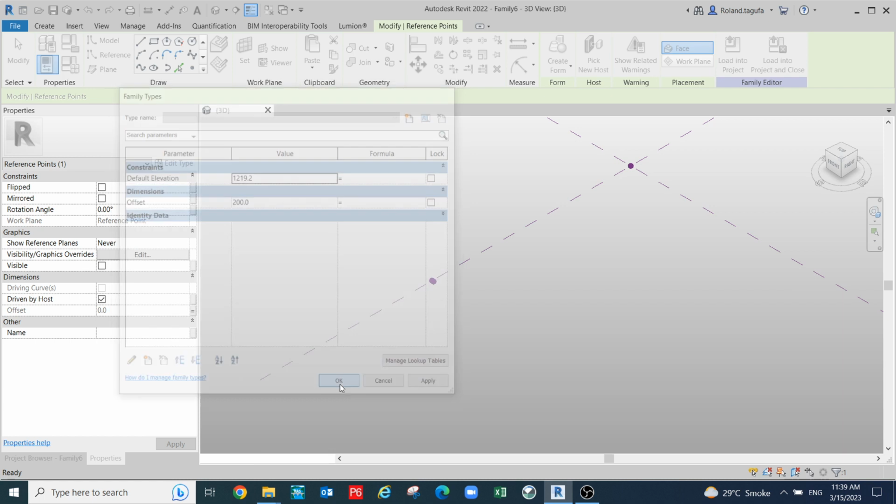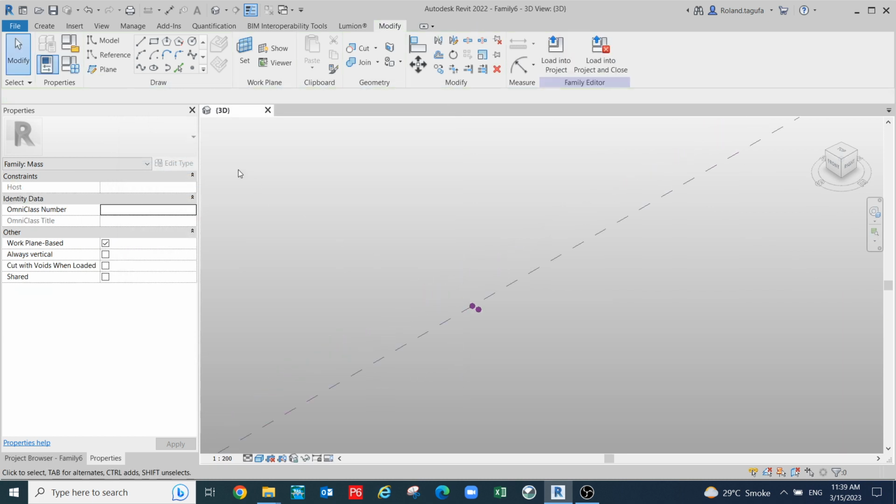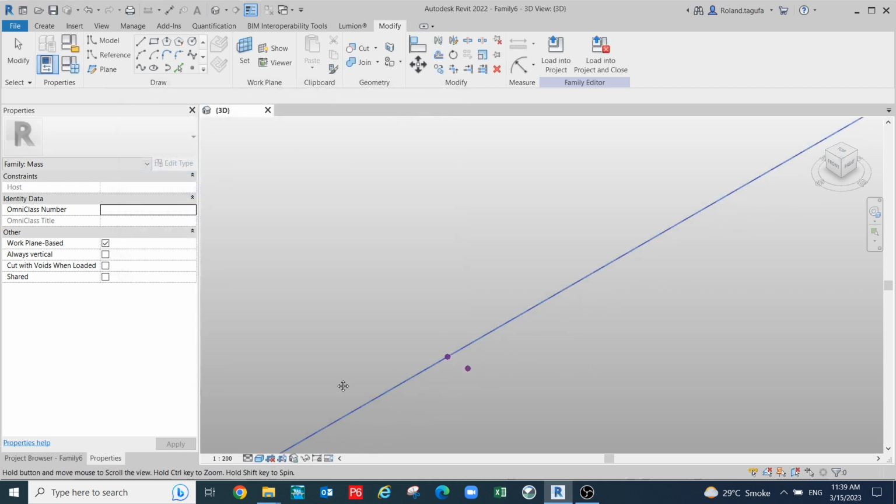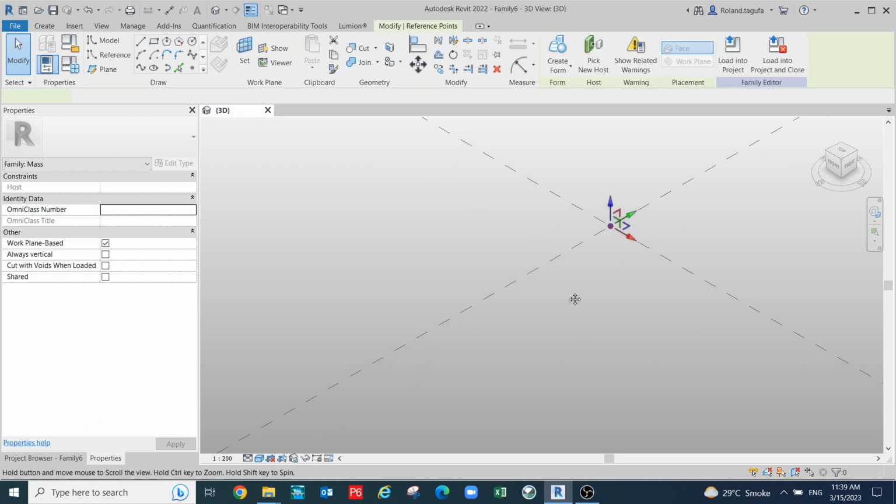Fly, it's very near. Make it more, let's say 500 mm, or make it 1000 mm. It's too much near. Okay, and then this point that we have created also, you click this one, and then